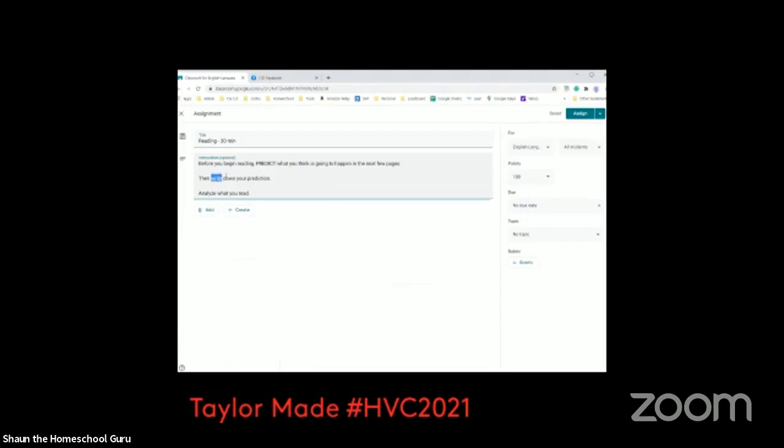So they have actions that they need to do. Okay, analyze what you read. These are their steps that they're going to do. And I'm in the comments, guys, so if you have questions, you're more than welcome to ask. Again, I'm flying off the seat of my pants, so you're going to see me in real time jack up stuff and then have to go back and fix it. Okay. So before you begin reading, predict what you think is going to happen in the next few pages,